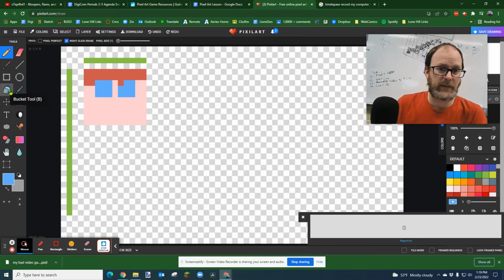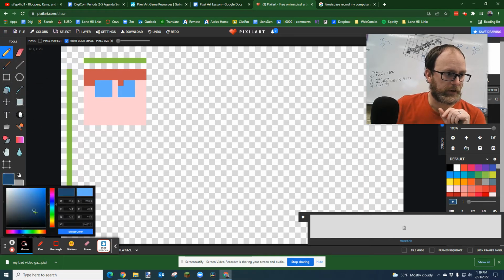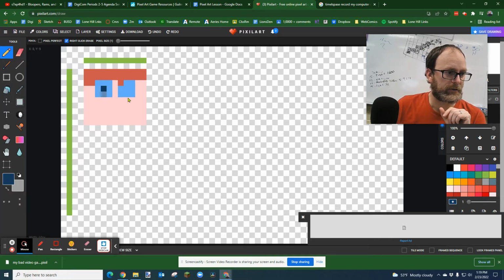I can put whatever color dot in the middle I want, whatever color eyes you want your character to look like they have. So I'm going to pick a darker dot like that. Okay, there's my eyes, kind of intense. Okay, now